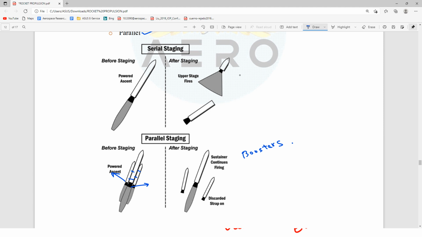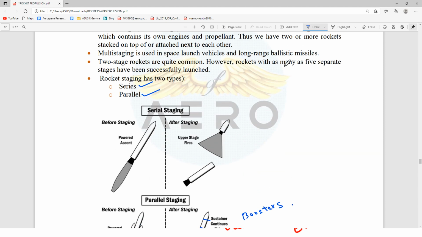Now nowadays we use a hybrid one where we use a combination of both serial as well as parallel. So at the time of takeoff, the parallel boosters will be ejected once it gets some inertia. Then after that, stage by stage we have a different kind of propellant, and once that propellant is done, it will be ejected outside, right? So this is the mechanism used in the practical implementation, combining both the series and the parallel one.